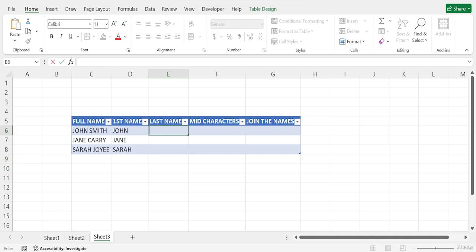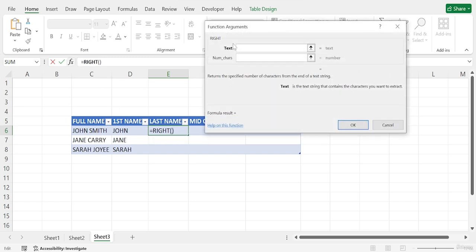After that, I will add the second function, which is called the RIGHT function. If I go to the function arguments, as you can see, the RIGHT function returns the specified number of characters from the end of a text string. That means it extracts characters from the end of the string.